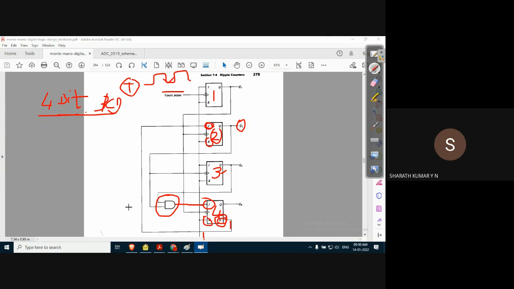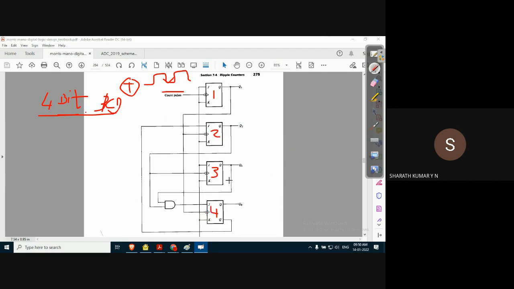So what we have to understand is the complement output of the fourth flip flop is applied as an input to the J input of the second flip flop. Why not K? That also we'll discuss. And the J input of the fourth flip flop is nothing but the AND operation of the normal outputs of the second and third flip flops. How does it affect the operation of the circuit? Let us understand. So the first flip-flop, second, third, and fourth.